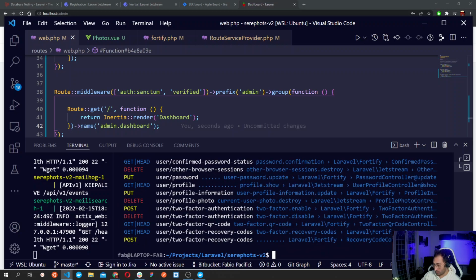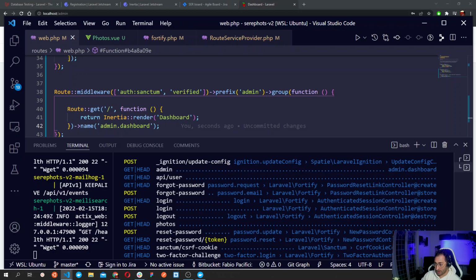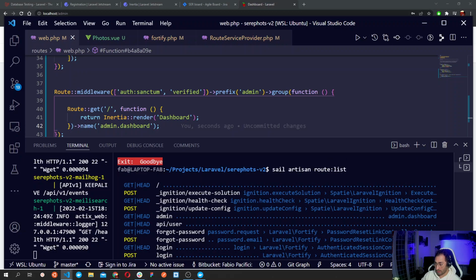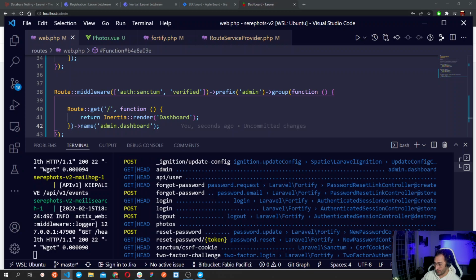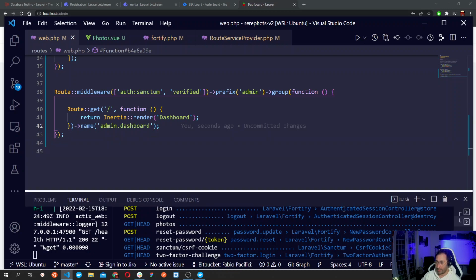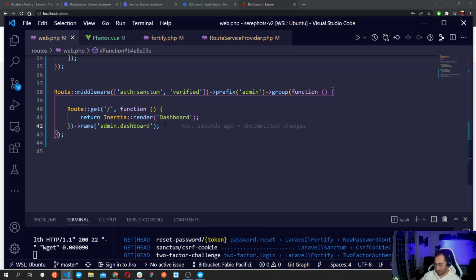Okay, so let's check. So where it is, password, I cannot see it yet. Here we have it. So admin.dashboard will be the name of our route,